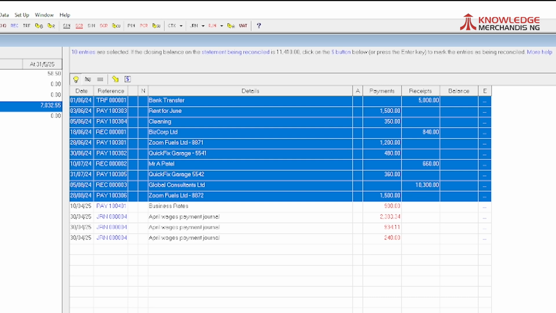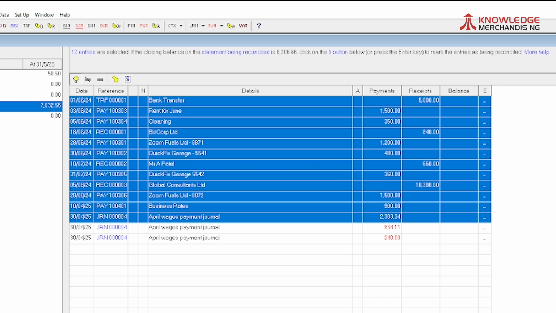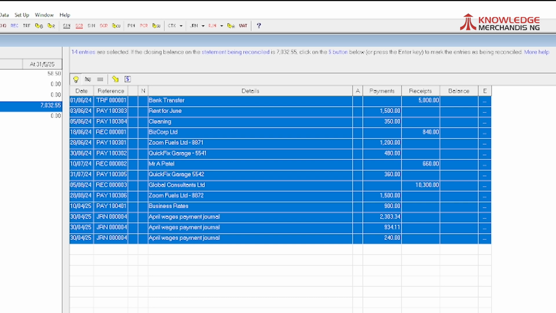Now 1,500, next page, yes. So 11,410, correct, which matches with the bank statement. 900 paid, and 10,510 matches with 10,510. And again 2,034, it matches with our balance, 8,206. And 934, yes, it matches, 7,272 and 240. And yes, so we have 7,032, but we have a transaction which is in the bank statement